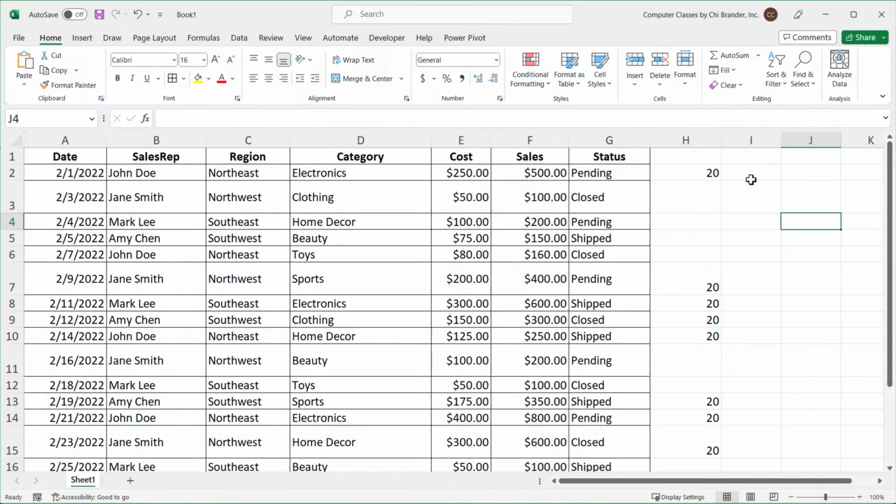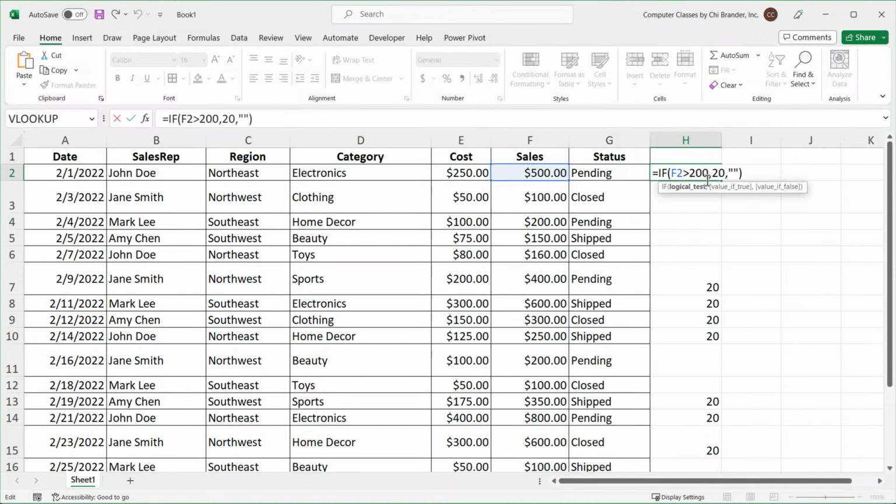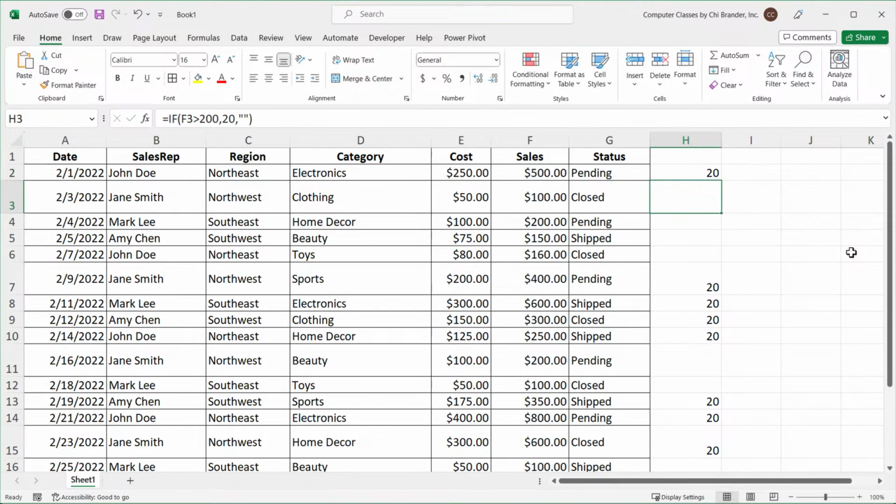Now, for those of you who are Google Sheets users, in Google Sheets, you can actually remove the double quotes at the end and just keep it empty like this and not have that last argument. And this way, Google Sheets will actually give you a real blank, which will give you a blank when you do an ISBLANK check. Now in Excel, that doesn't work. You have to do this double quotes, which is really annoying. Nevertheless, I'm going to do that. We'll drag it down. We have our formula. So that's our